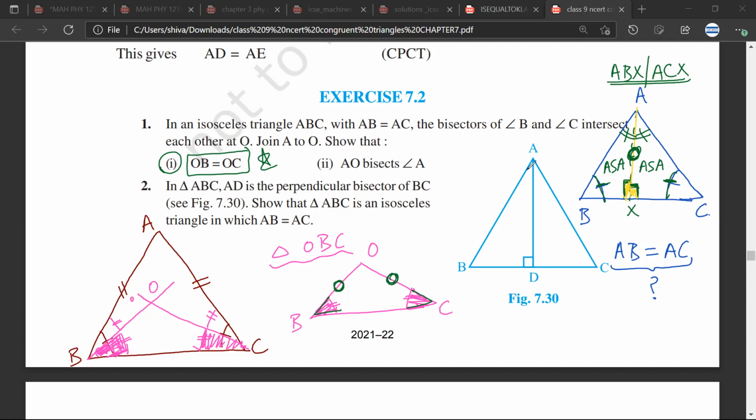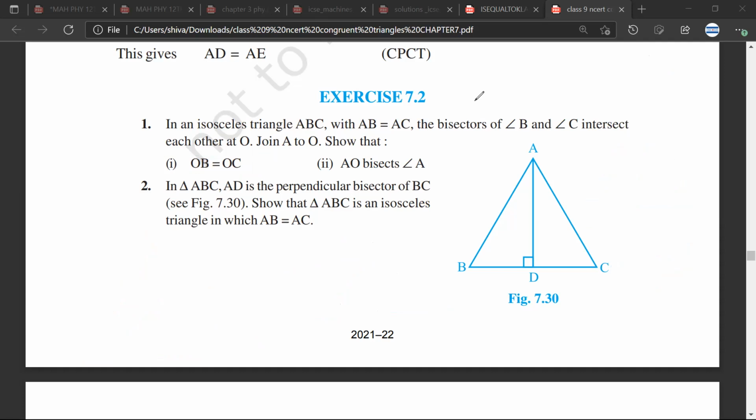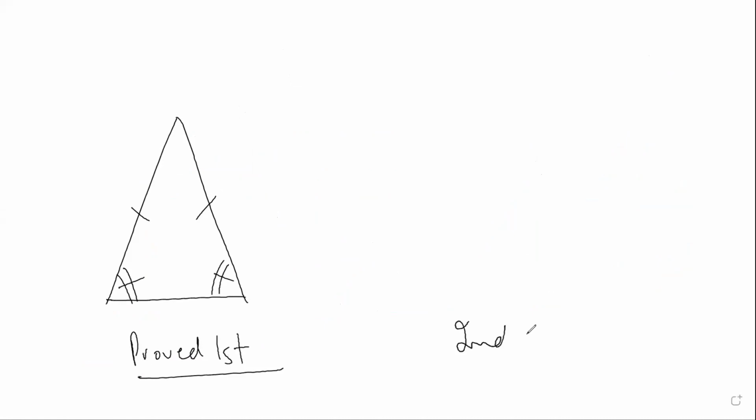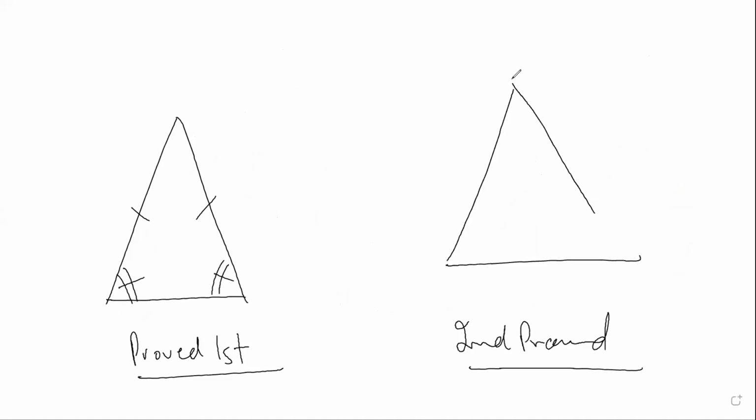Have you understood the whole of the question, Sarthak? Yes, sir. So please try to understand what we have discussed till now in detail. What we have discussed is that if this side is equal to this side, then this angle would be equal to this angle. Have you understood this? Yes, sir. This is what we proved first. Then second, what we proved was that in a triangle, if this angle is equal to this angle, then this side would be equal to this side. Sarthak, have you understood?